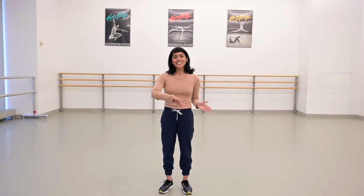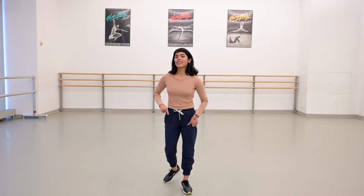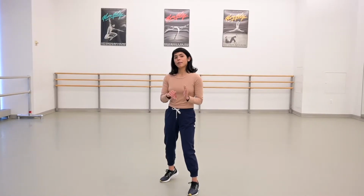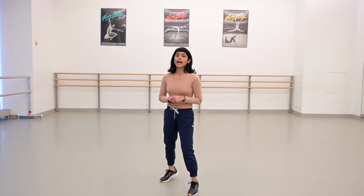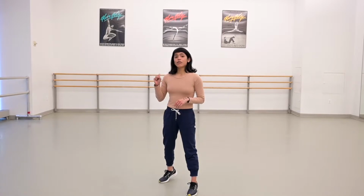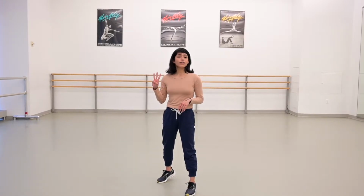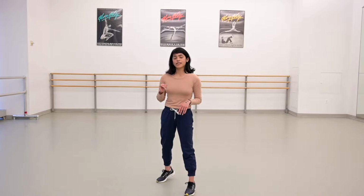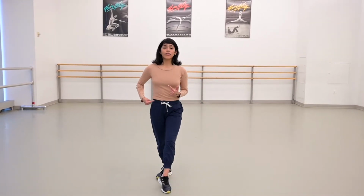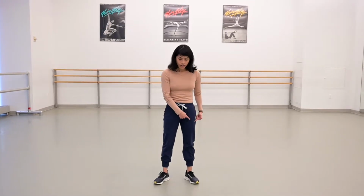Now, let's transition into our swing steps. Now that I'm over into this corner, I'm going to do another combination of stepping and crossing, but it's going to feel faster. The counts are going to be 1, 2, 3, 4. Instead of 1, 2, 3, and then pause on 4, we're going to dance for all 4 beats. It's going to be step, cross on 2, step back on 3, but on 4, I'm going to step with my feet